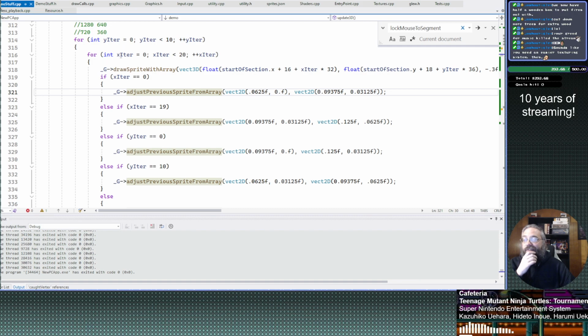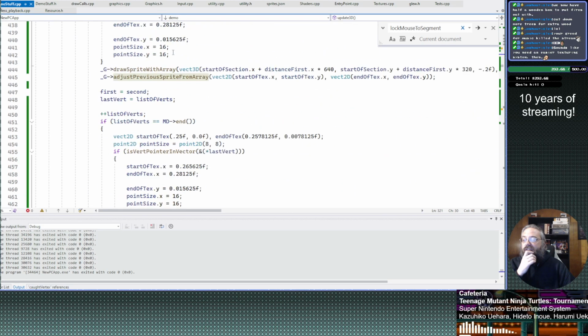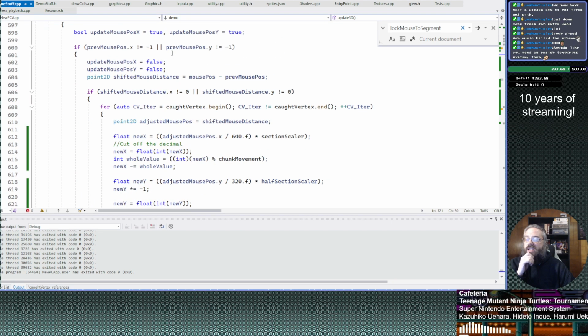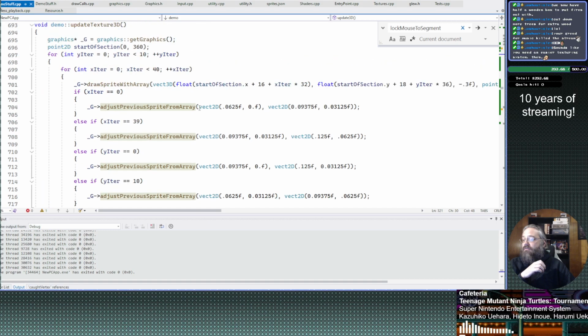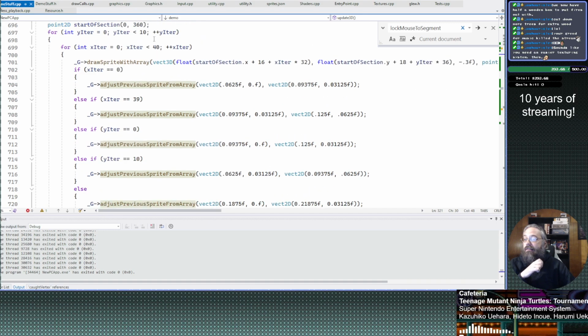Do I still have this somewhere else, right? In texture anywhere? Code that's very similar. Yeah, so